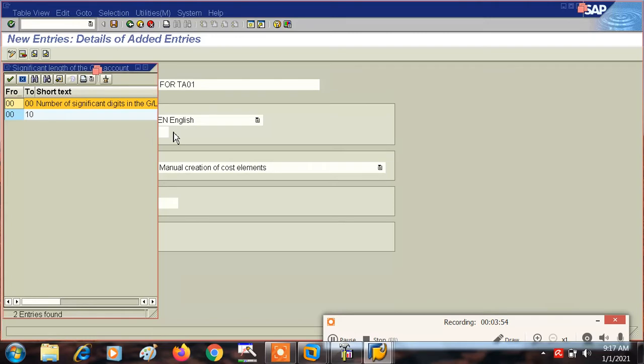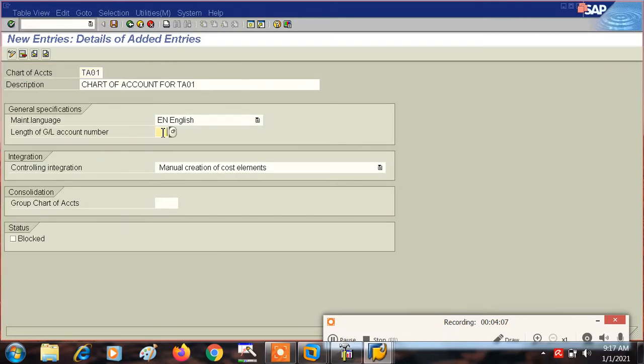So chart of account is a structure which contains the list of general ledger accounts, right? So you can take here as 6.